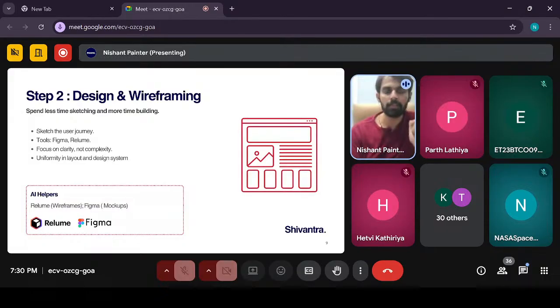System components that you have developed, right? Before that, you need not jump into the development. Okay, so this is how it goes. We first do the planning and strategy.